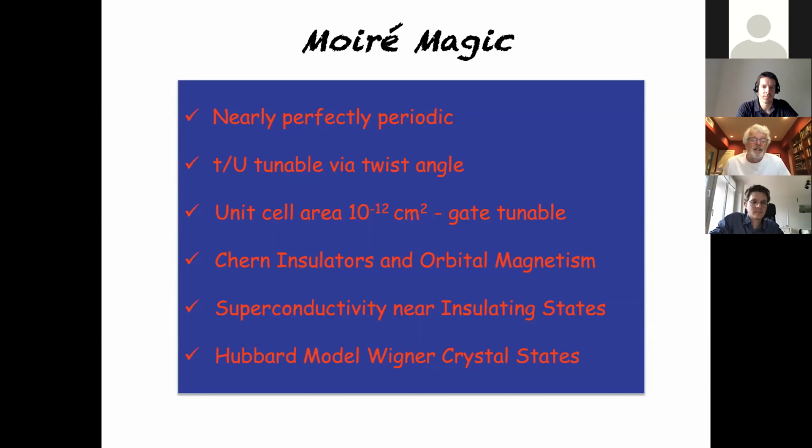And the three things that are listed there have been observed. Chern insulator states have been observed. If anyone doesn't know what a Chern insulator is, I'll say later. But these Chern insulators are different from the ones that have been seen previously, and I refer to them as orbital magnets. So I'm going to talk about orbital magnetism and some of its unusual properties, which is, I think, becoming quite well understood. And I'm also going to talk a little bit, if I have time, about superconductivity, which is not well understood.